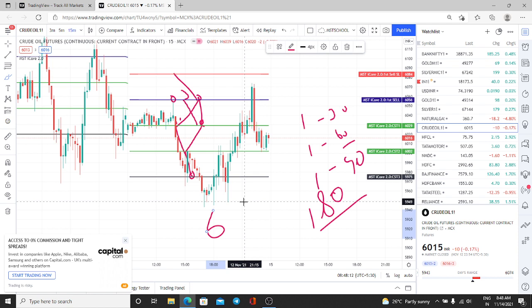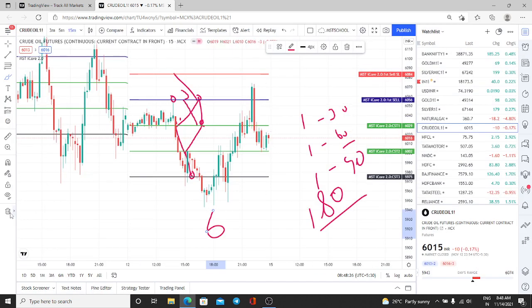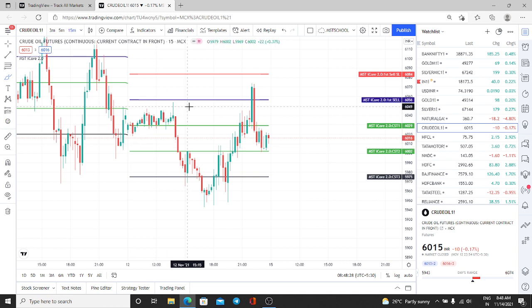If you want to trade in only 1 lot, keep trading in only 1 lot. If you want to trade in 2 lots or 3 lots or 6 lots or 9 lots, 12 lots, then you have to keep trading with the same position sizing accordingly. Don't change immediately. So we will consider we are taking only one lot and booking at the first target. So our trading system is over yesterday at this junction itself.